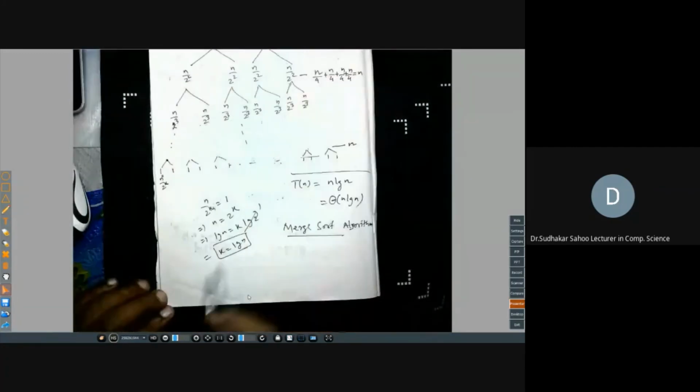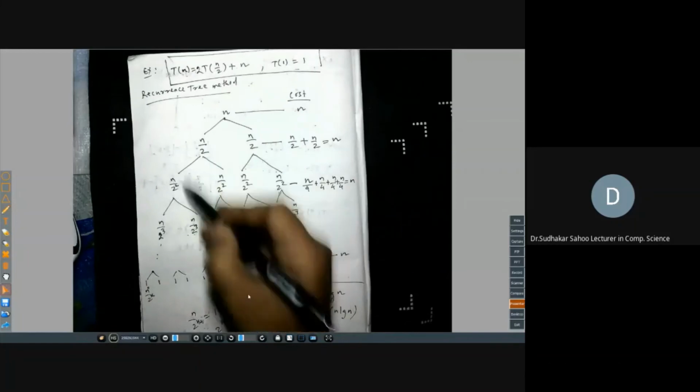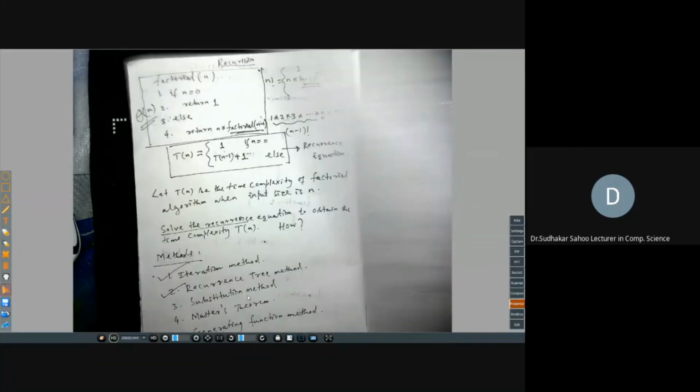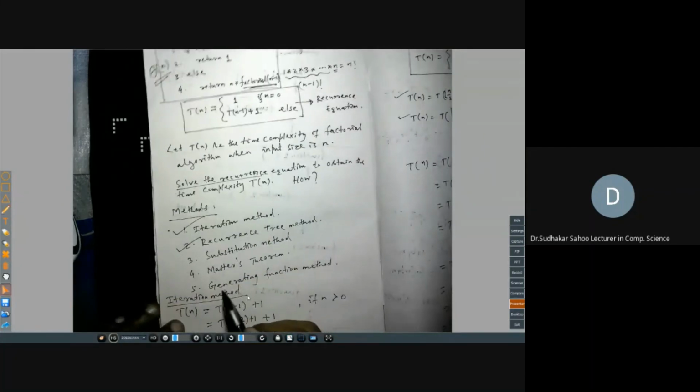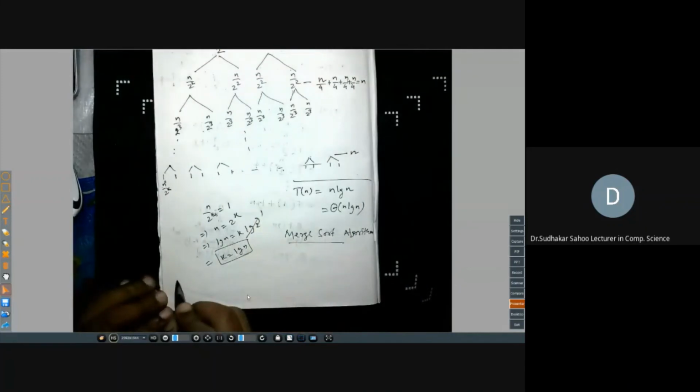Right. So I am giving some tasks to you. This is a tree structure, and recursively we are exploring that tree. That's why its name is the recurrence tree method. You can solve in this method also. So two different methods we have discussed: one is the iteration method, another is the recurrence tree method. Other methods we will discuss in other classes. But take some assignments and solve them.